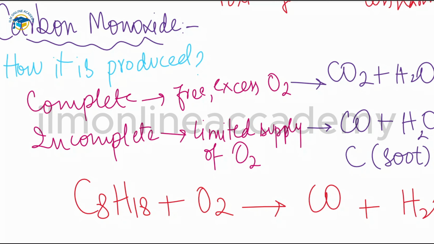with complete combustion in a plentiful supply of oxygen, which releases only carbon dioxide and water. We will balance this equation also. So here, like this, now this equation is balanced. So this is how carbon monoxide is produced by incomplete combustion. Carbon monoxide is toxic to humans.